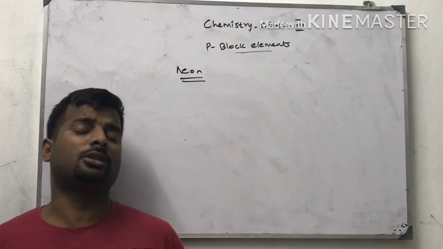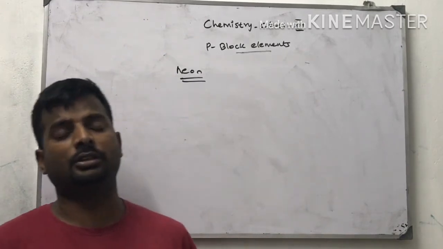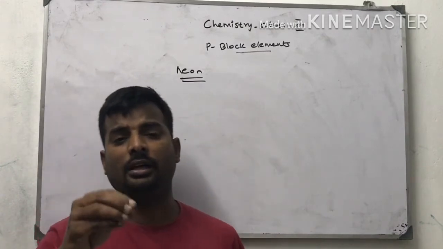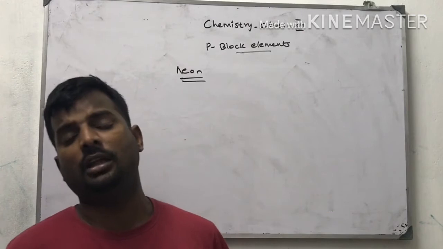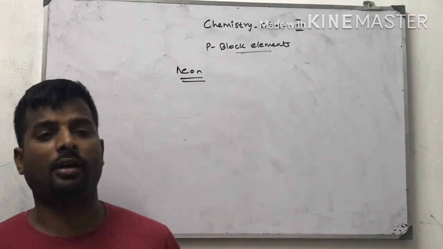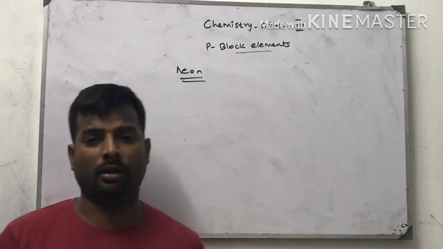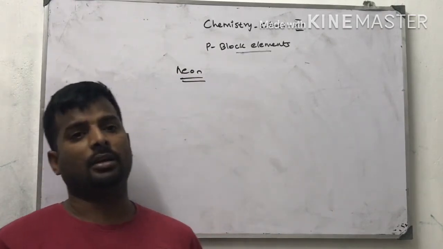Neon lamp is visible in fog and mist, so it is used as light in signals at night time. Neon lamp is visible even in fog and mist conditions. Therefore, it is used for making signals at night for pilots, and for those traveling at night, the signal is made up of neon light.